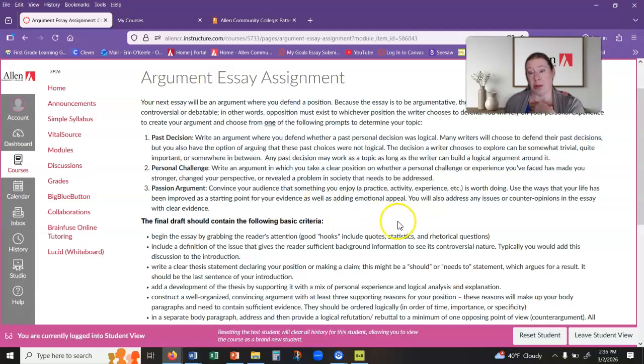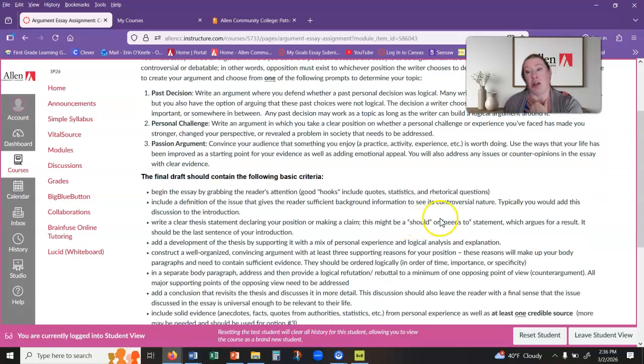And then you also have the option to do what's called a passion argument. A passion argument would be something that you think other people should try based on your own experiences. Maybe something that you've bought, maybe somewhere where you've gone, maybe it's an activity that you started. What are the benefits that you see for yourself, and how can you see that being given to other people? So what is your argument there? You'll address counter opinions for all 3 of these, but basically we're thinking of how do we create an argument? How do we support our side with evidence, and then address what other people might say is an issue or questions that they would have, or something like that.